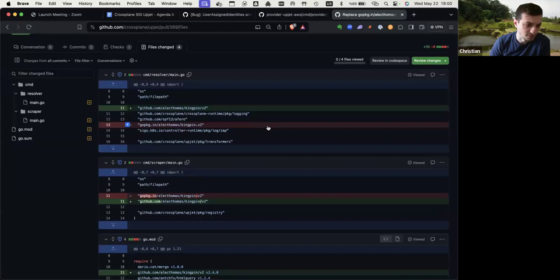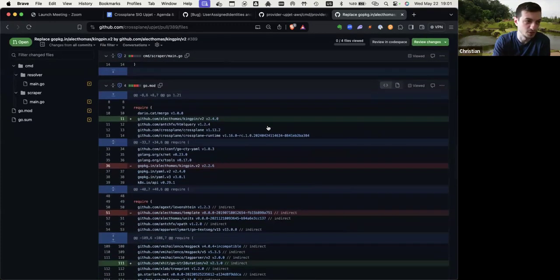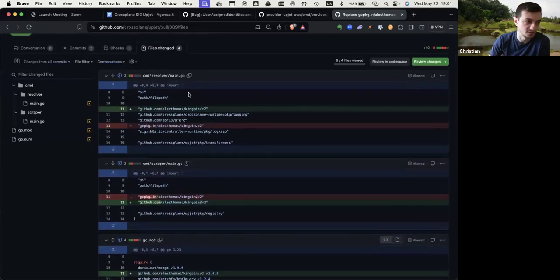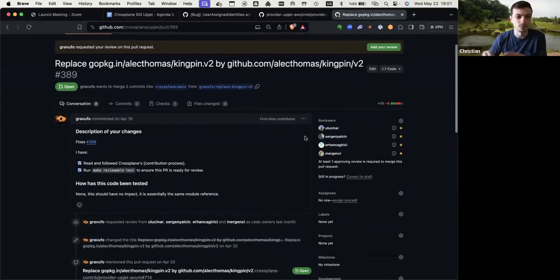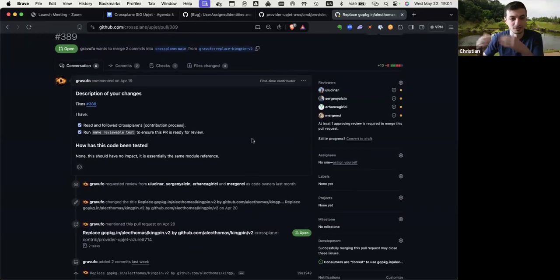I've done it in the Upjet repo and in the Azure repo, because it's also referencing it. It's not super urgent. It's forcing us to reference it in the old way, unless we do a replace directive and all that, so it's just a small improvement for the future.